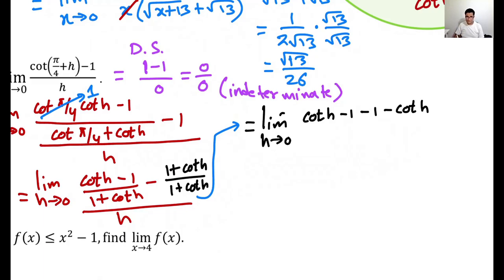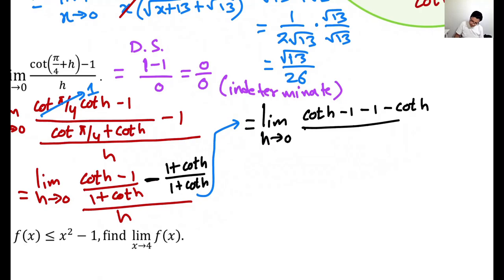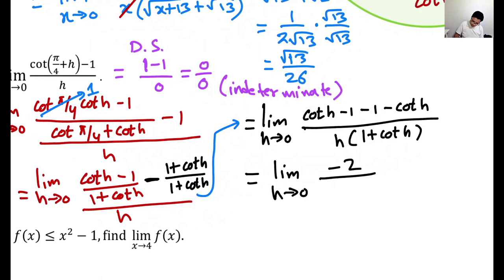Now you can just work with the numerator, and it's cot h minus, and there's a minus sign in the middle here, so you get minus 1 minus cot h, whole divided by h times 1 plus cot h. Okay, and so cot h and cot h cancel there. You get negative 2 divided by h times 1 plus cot h. Okay, which is looking good so far,